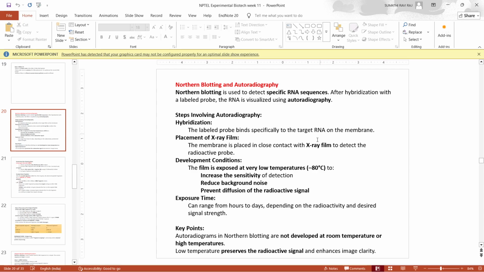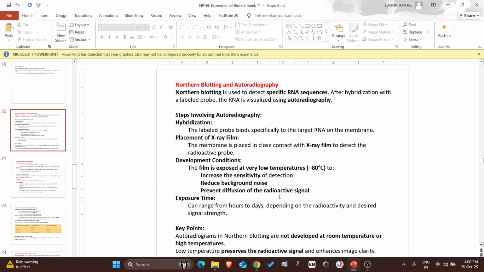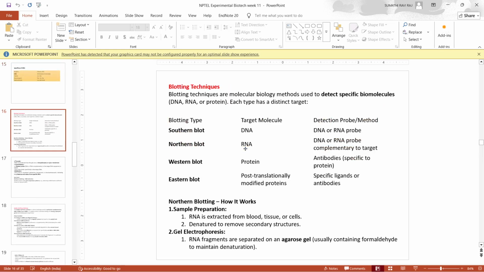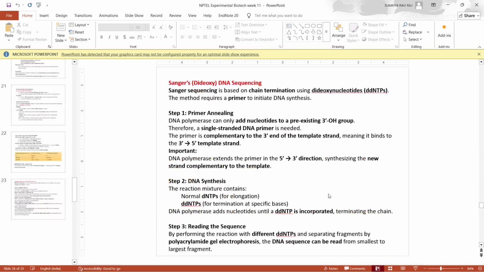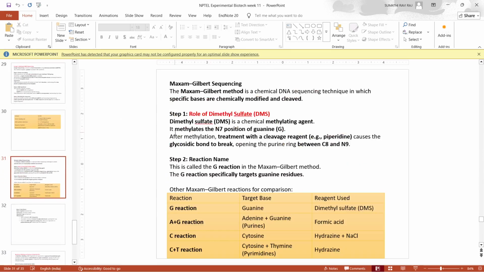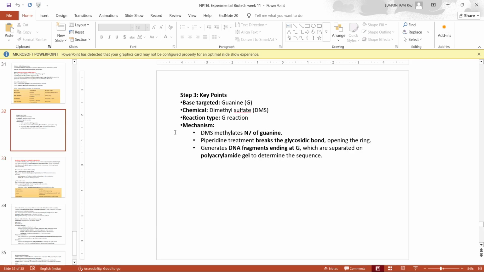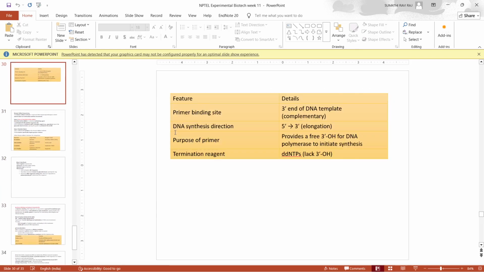Yeah. So the next is again regarding the northern blot. Actually, Sanger and Gilbert, I think Sanger is more preferred because of the chemical toxicity. Okay, I'm not sure. I'll just find out and let you know. But I think Sanger is more preferred. I'm not able to recollect it right now, so let's go to the next one.